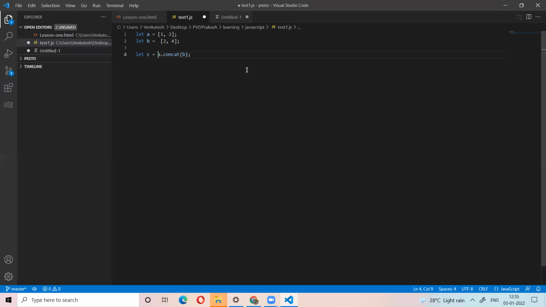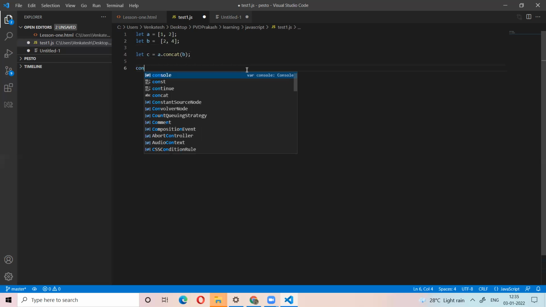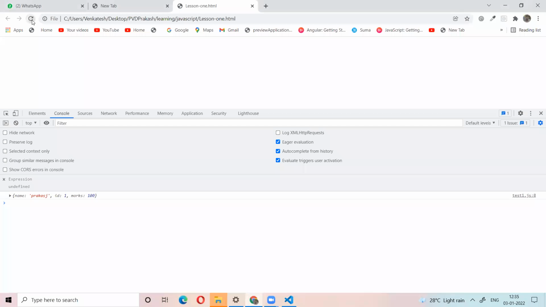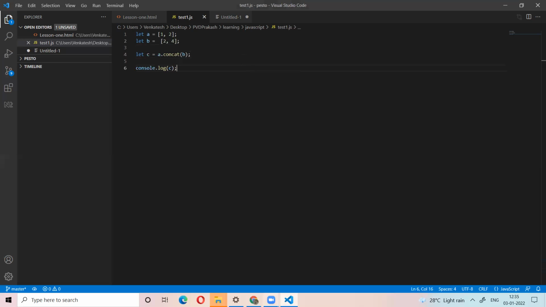Let's see, what is the output of C? 1, 2, 2, 4. This is called concatenating. It is adding the two arrays.